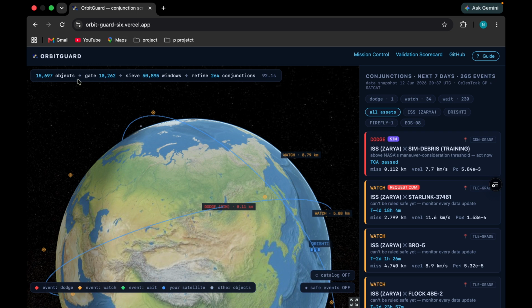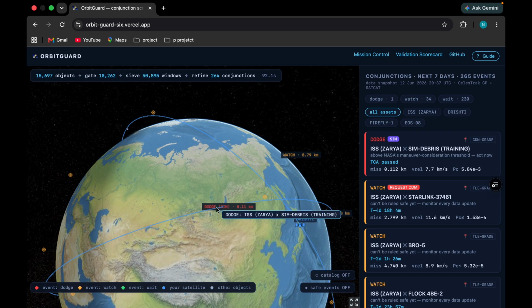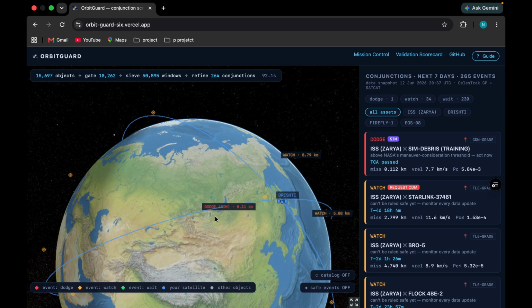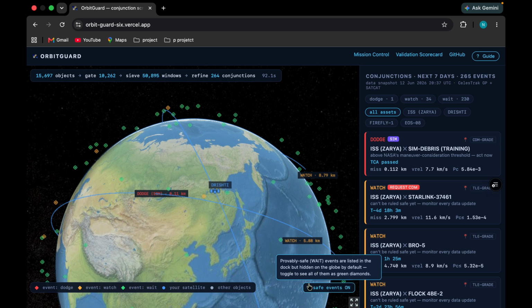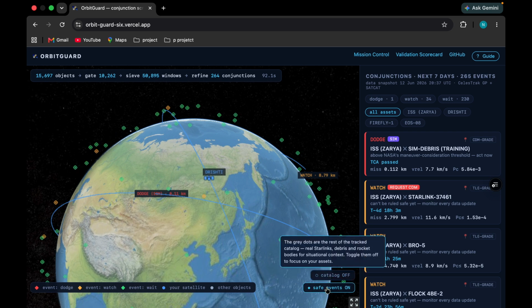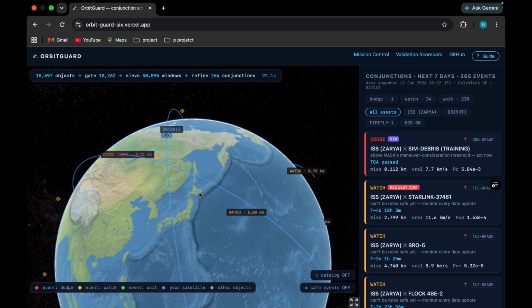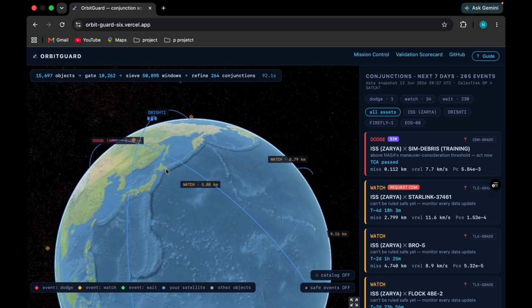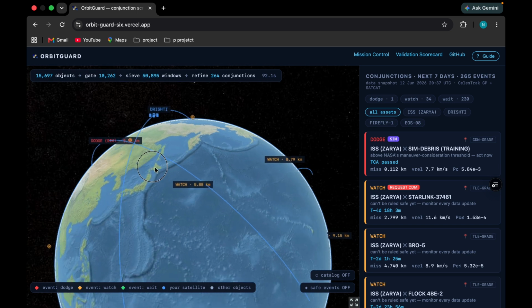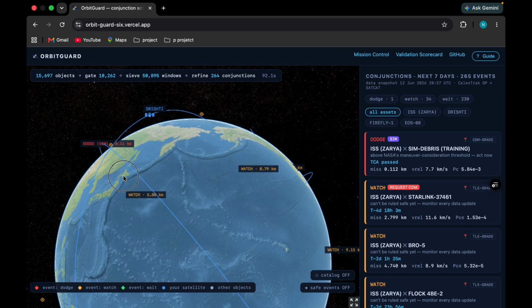From about 16,000 catalog objects, a geometry gate and a mathematically guaranteed sieve narrow it down to just real close approaches. And nothing inside 10 km can escape the net.